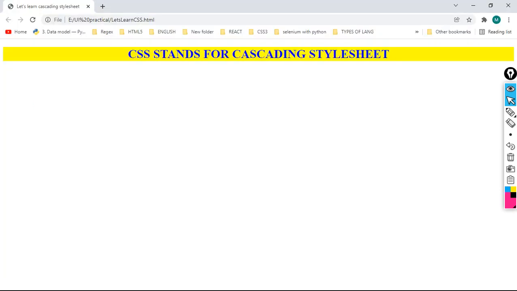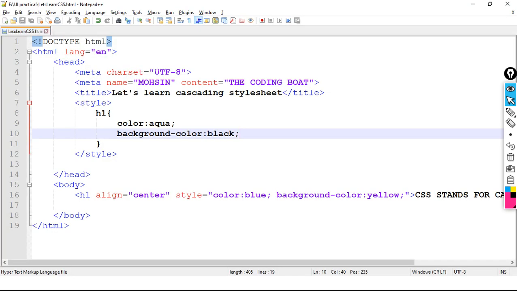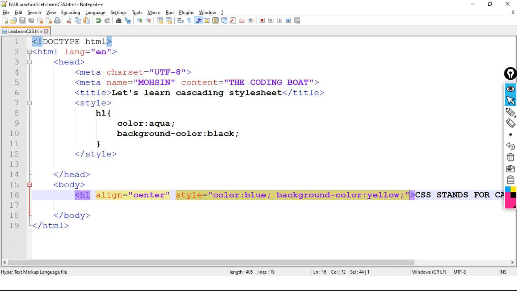Observe carefully. I am going to click on refresh. Will there be any changes? 3, 2, 1. Click. There are no changes. Why are there no changes? Because the highest priority is for inline CSS at line number 16, and then priority goes to internal CSS.